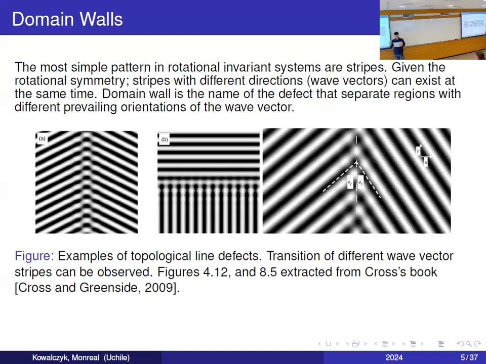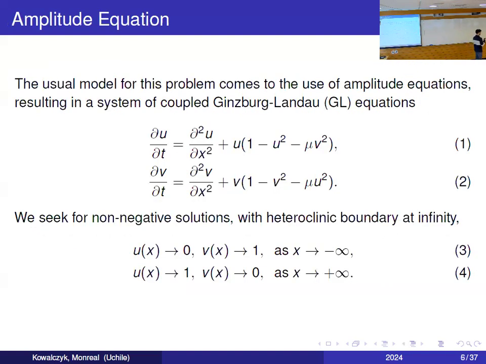What we usually do is use something called an amplitude equation, which is to assume that these stripes are oscillations of some amplitude function. What we want to see is this oscillating function and some amplitude that is the envelope, and it goes from 1 to 0 because it disappears. This set of stripes is going to fade, and the other one is going to appear. So what we want now, to model this transition and the domain wall, is to find an equation for the amplitude. If we do this, this is the equation that we get.